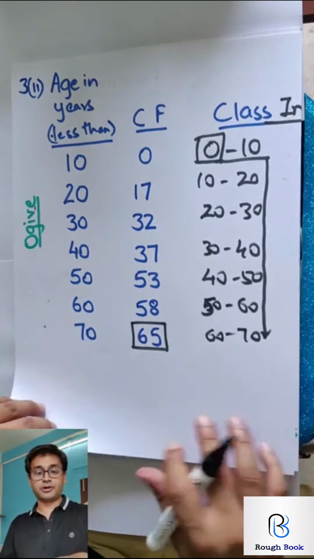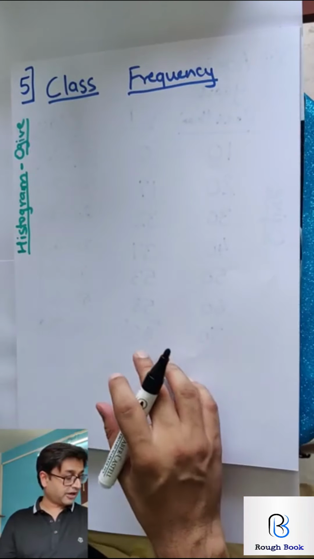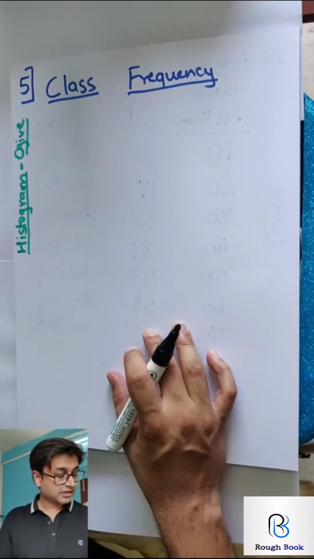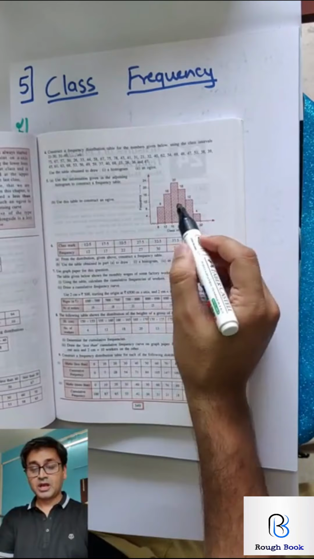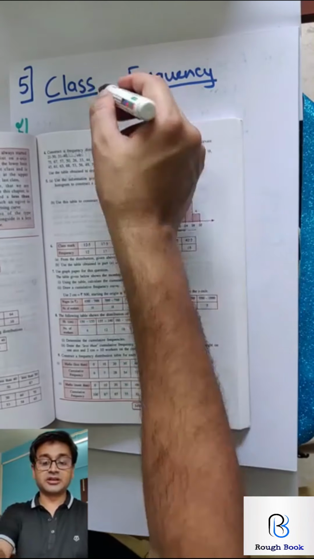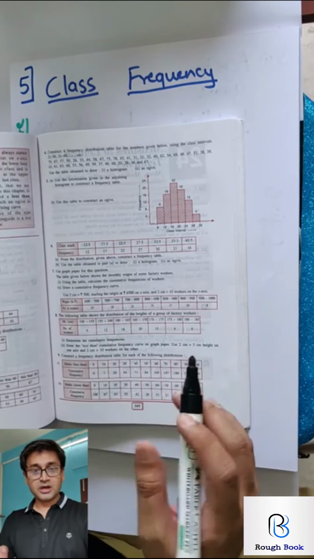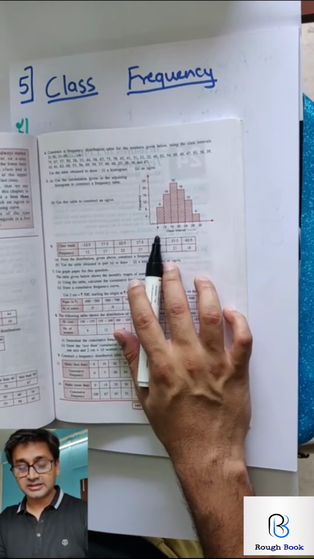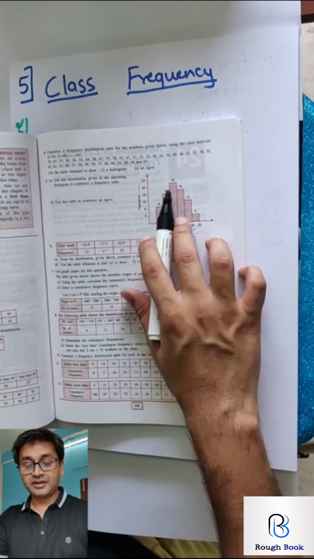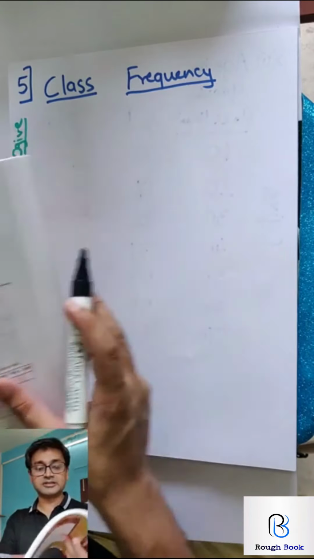Come on everyone, I want you to try sum number 5. Sum number 5 is a graph question, as in they've already given you the question in the form of data. You need to first create the class frequency table. Once the frequency table is generated, then from there draw the ogive. The classes I can see are 8 to 12 and onwards, and the values are already written, that becomes your frequency. So come on, get me the table at least everybody.